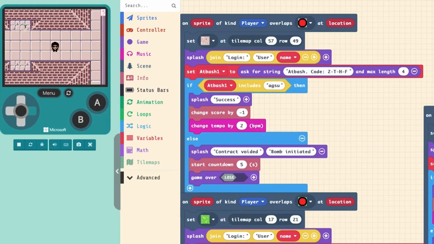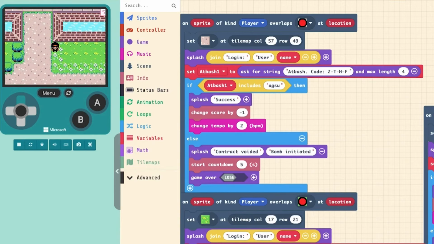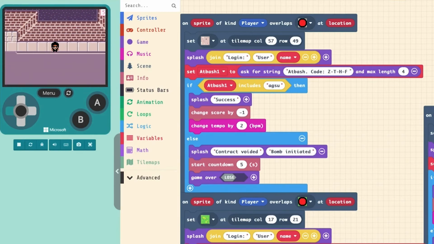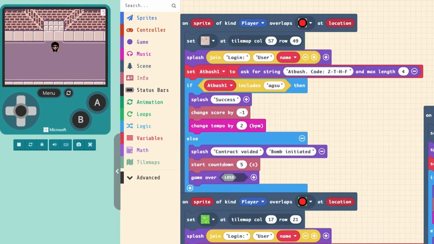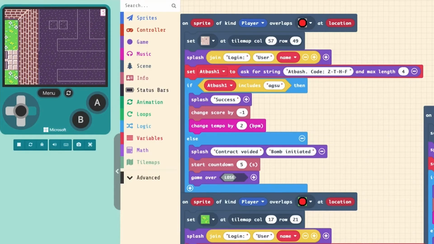Now, not only was this game incredibly creative, not only is the map that he created incredibly detailed, but he talks about in his blog post how one thing that he really wanted was a way for the character to go underground, to go through tunnels, and he couldn't figure out any way to do it. And then he realized, well, if at a certain point I just make the character hide, so the sprite is still there on the map, but we just don't see it, effectively, that makes it seem like he might be underground. So he added the maze, and he made these little tunnels so you can see the outline,